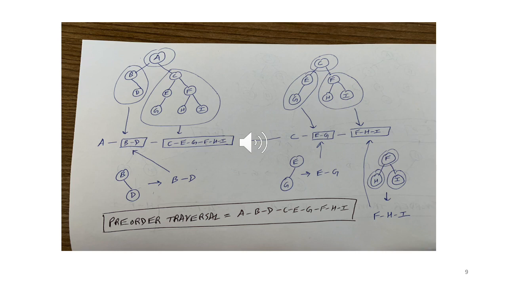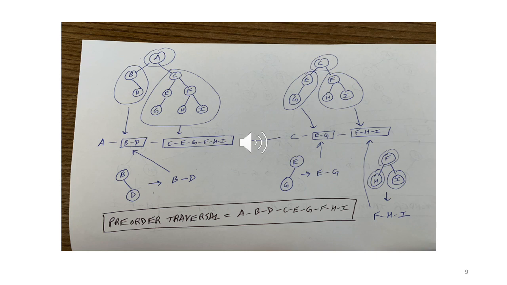So let's look at E and G. Now we're looking at the left subtree. So node with E as the root, node rooted at E. So left child is G, no right child. So now what is the pre-order? Visit root, which means first E will come, then visit left, which means G will come, visit right, right is null, so sequence is E and G. Okay. So we get C followed by E followed by G.